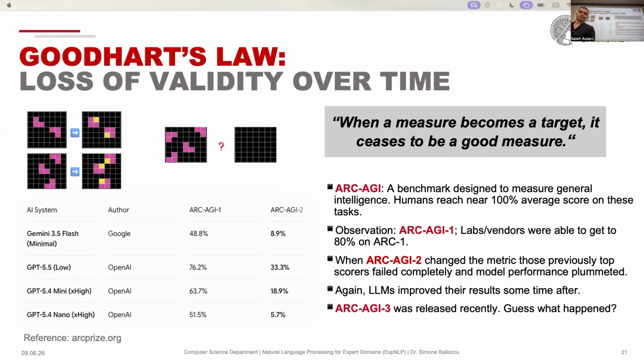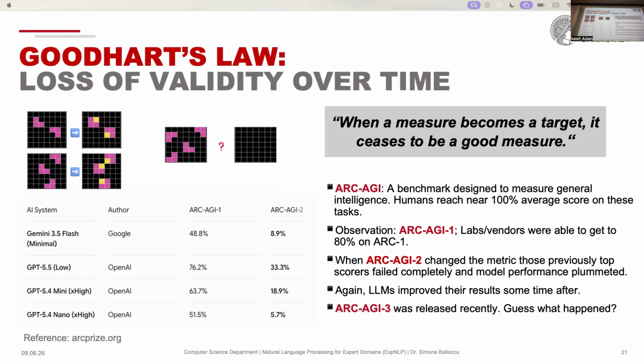So Goodhart's law says when a measure becomes a target, it ceases to be a good measure. And what we mean by this is that when every researcher is focusing to beat a benchmark and be better than other counterparts at a specific task, sometimes that task loses its legitimacy in actually evaluating the model's performance in real life cases. So to explain it better, I provided this example.